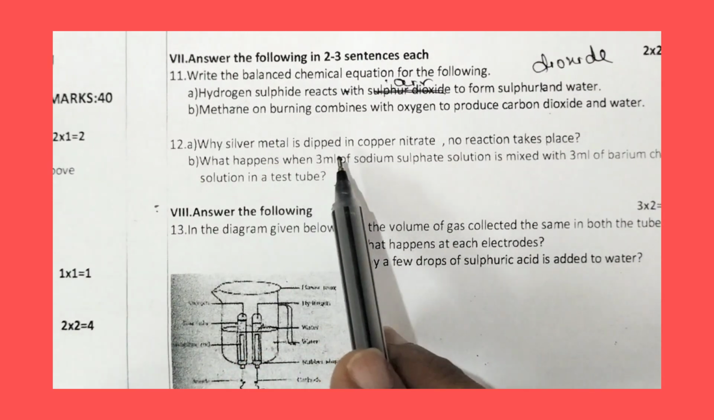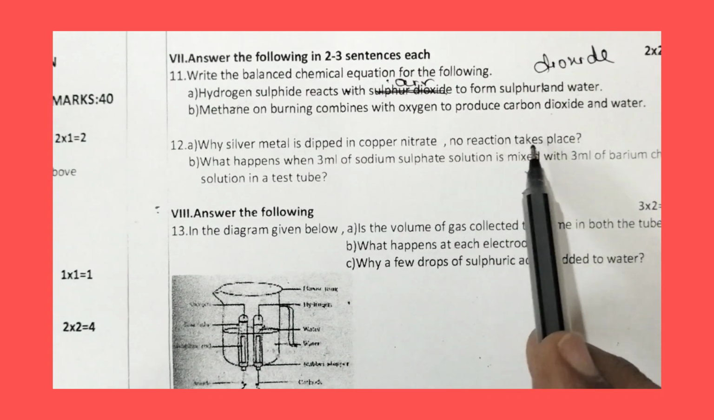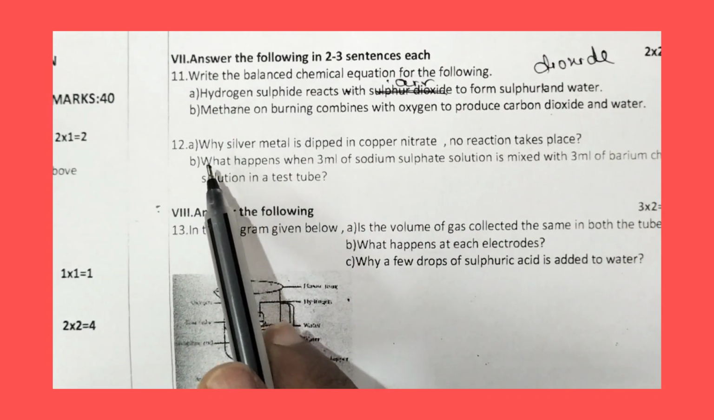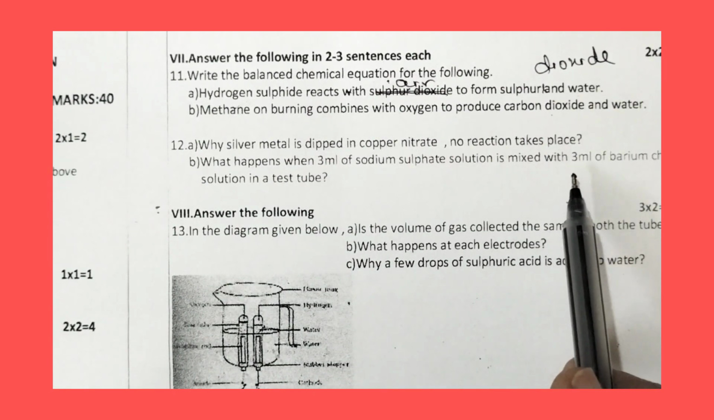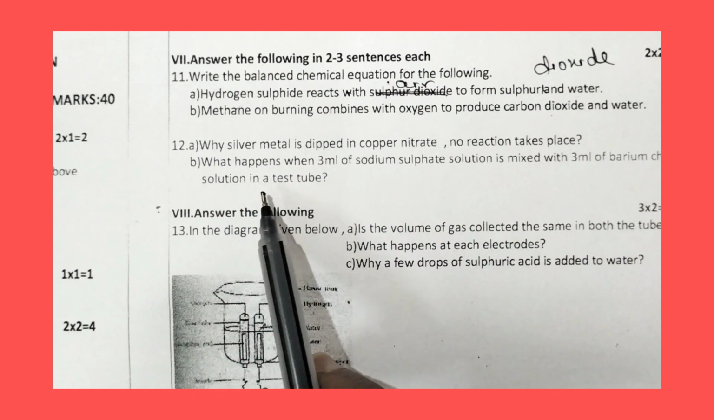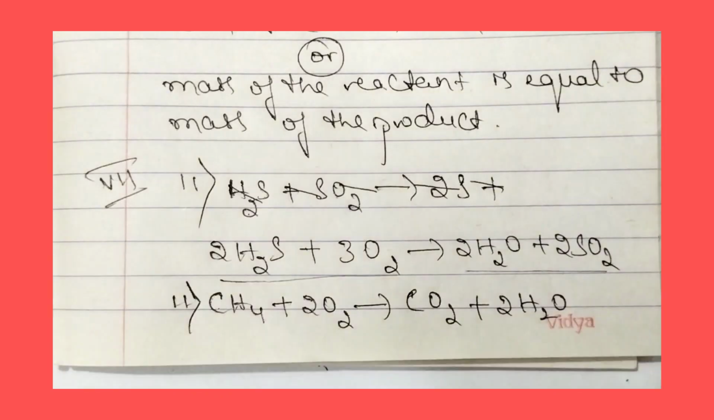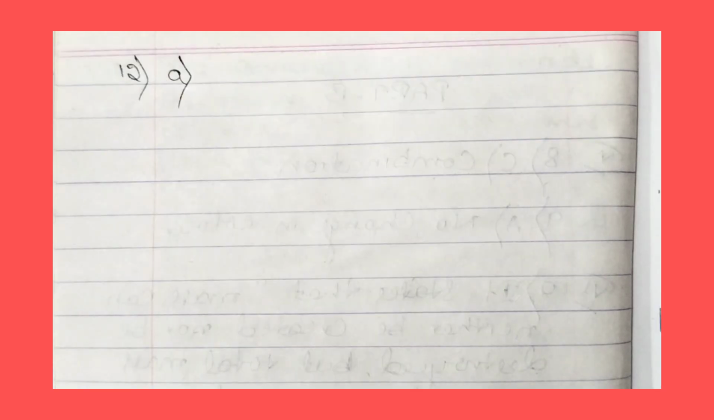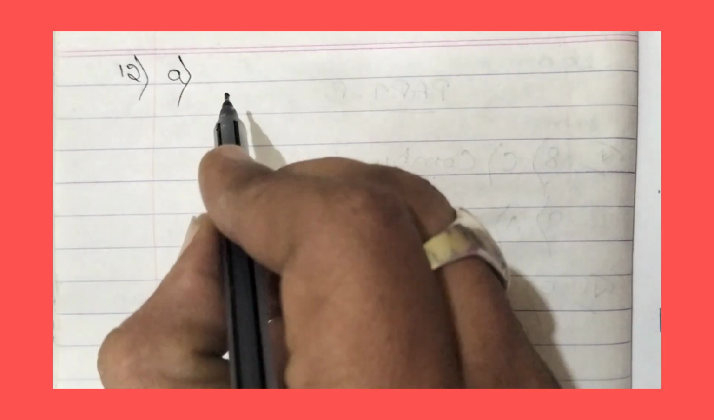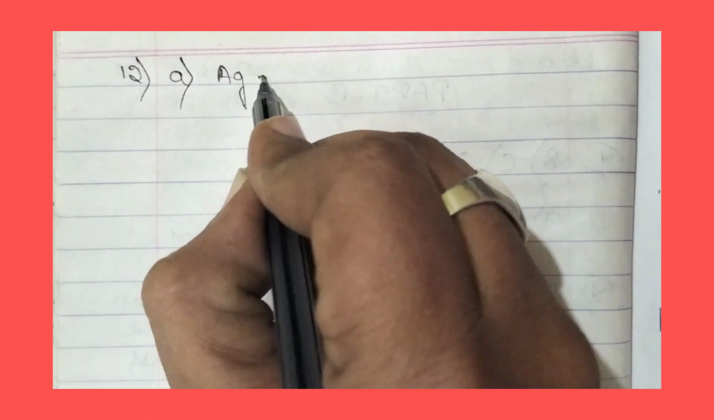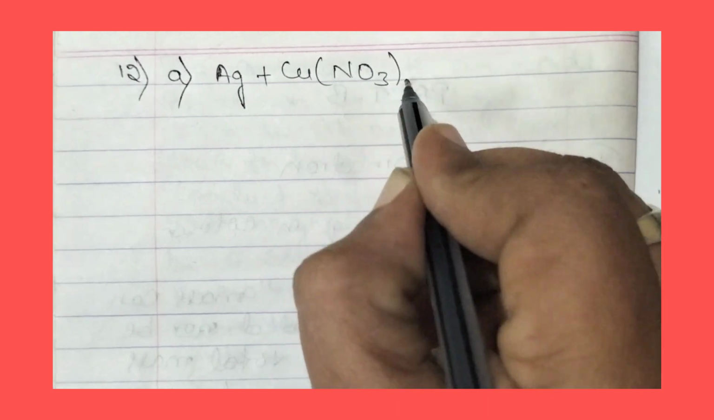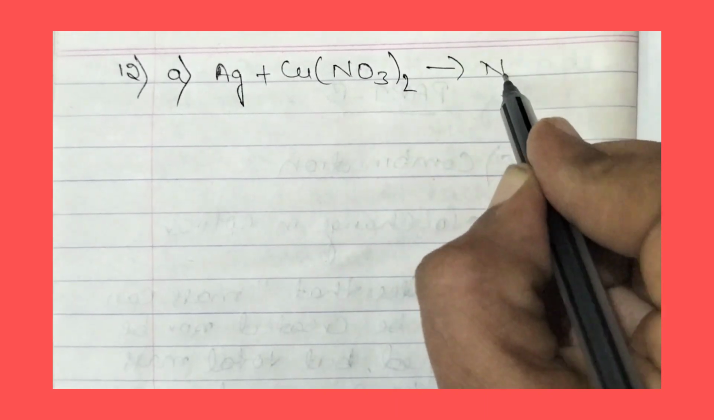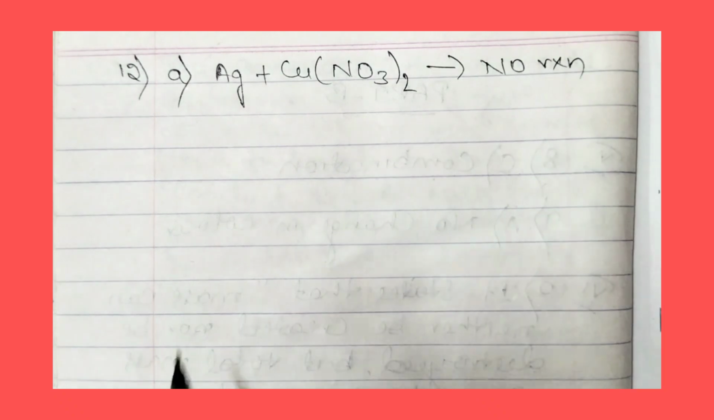Question 12 A. Why is silver metal dipped in copper nitrate? No reaction takes place. B. What happens when 3 ml of sodium sulfate solution is mixed with 3 ml of barium chloride solution in a test tube? So let us answer this question now. 12th A: silver metal is dipped in copper nitrate solution, so no reaction takes place. Why? Because